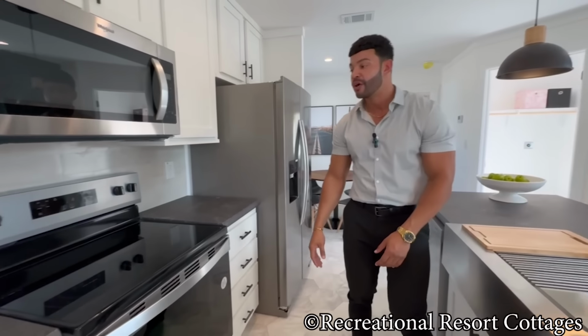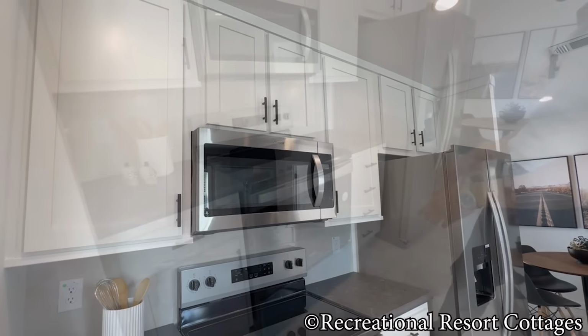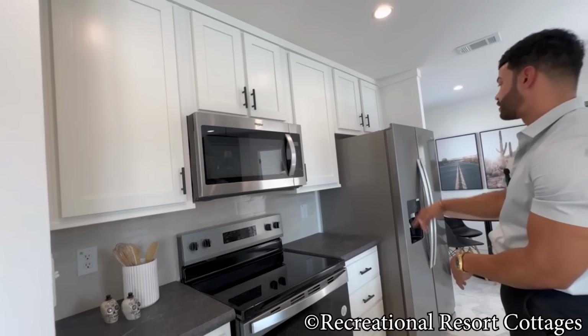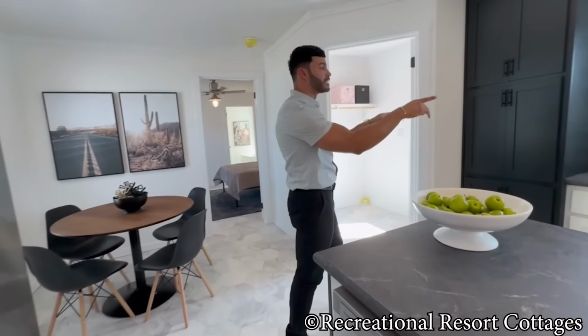Right here on what I call the fridge and appliance side of the kitchen, you will see that you're going to have that countertop continued. You're going to have your drawer bank, additional cabinetry, all the cabinets up top. We've given you the side-by-side fridge tucked in, but what I love about the kitchen of the Evora is this,